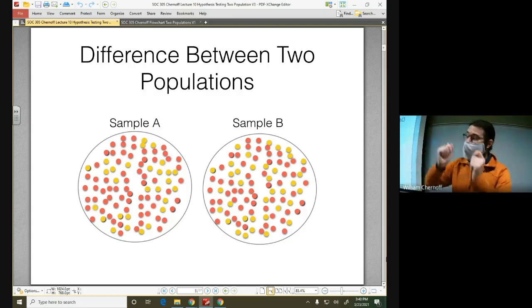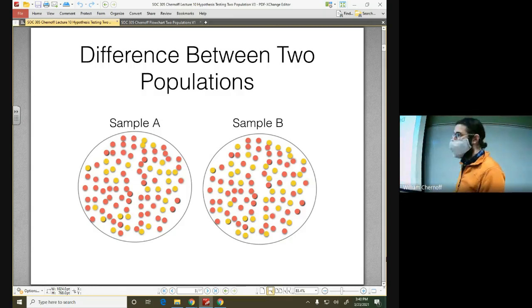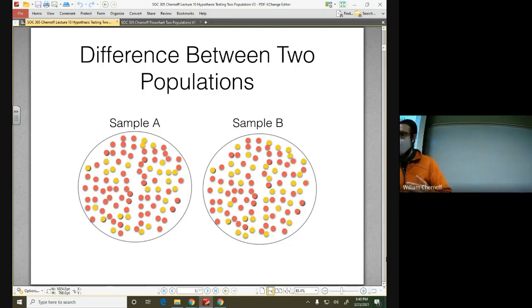So we need the statistics to help us tell whether or not two samples from two populations are actually different. A lot of times, in social science, we come up with these new programs, they're effective, but they're not night and day effective. It's not like you're taking a family in a poor neighborhood and moving them into a rich neighborhood and you just pay for everything for the rest of their life.